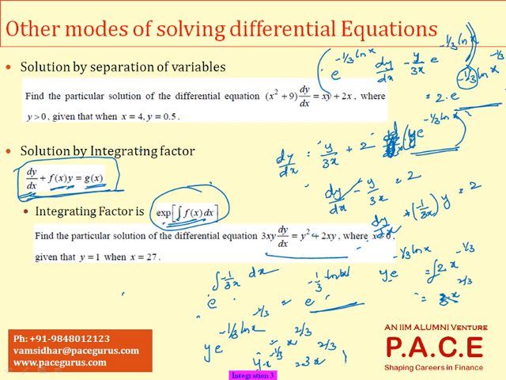Probably plus c is something I can put up. So this is the simplification. Especially when I have an integrating factor around, I can solve the differential equation using this integrating factor,